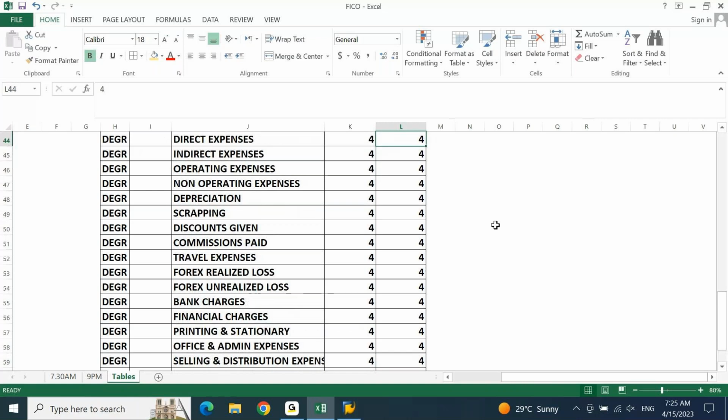So for direct expense, let's say I'll put 41, here I'll put 411, here I'll put 412, let's say 421, 422, I'll take 423, I'll take this as 431, scrapping I'll take 441, this I'll take 432, depreciation 431, scrapping 432, discount, commission and all I'll take under 441, 442,